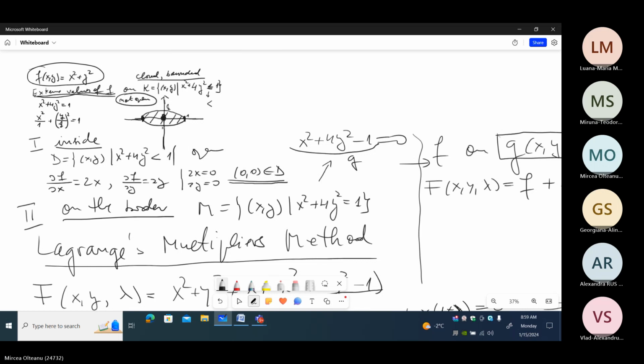Okay. And the points (0, 1 over 2) and (0, minus 1 over 2), it can be proved that they are local extrema but on the border, but they are not the points where f takes its minimum value. Its minimum value is taken on the set K at the origin. Okay, if there is any question about